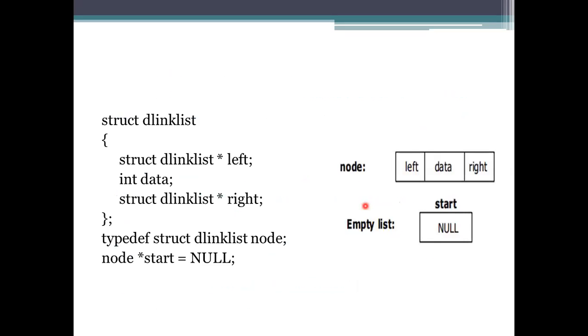How are we going to start? For the implementation part, we need to count how many fields there are. There are 3 fields, try to specify these 3 fields. The link you use here is not a single one. We are using double links, that is 2 links. These 2 links have to be specified as pointers. That's why we are using the doubly linked list pointer representation, left and right.